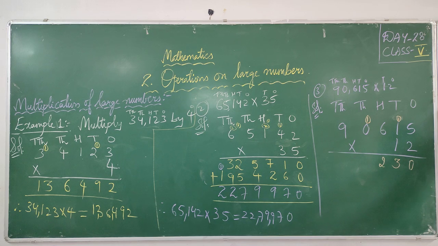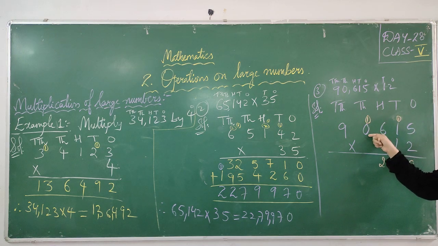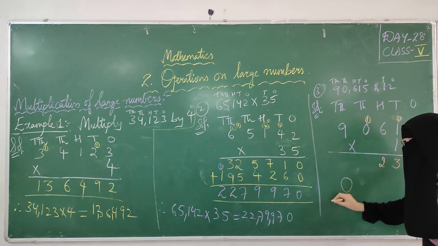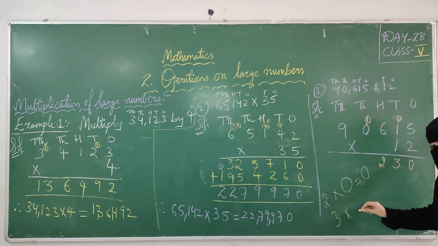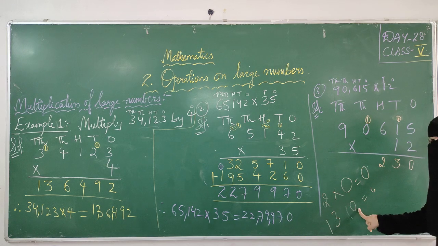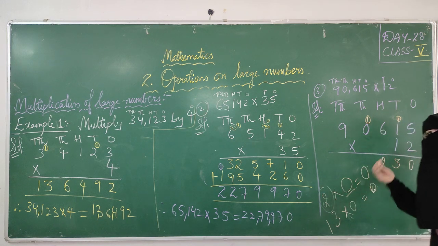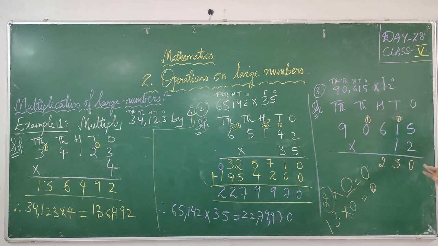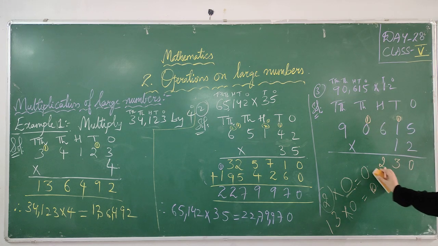So keep in your mind, whenever you are multiplying any number with 0, you will get the product as 0. 2 zeros are 0. 3 zeros are 0. 13 lakh also, if you are multiplying with 0, 13 zeros are 0 because 0 is not having any value. Whenever you are multiplying any number, lakhs, 10 lakh, crore, 10 crore, billion, million, whatever it may be, if you are multiplying that number with 0, you will get 0 only. Remember this.